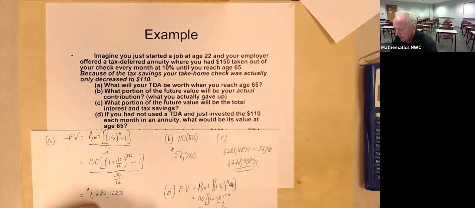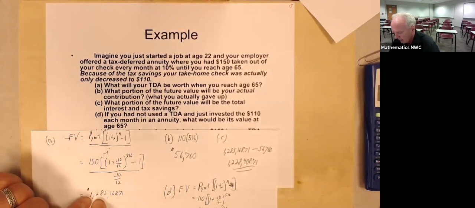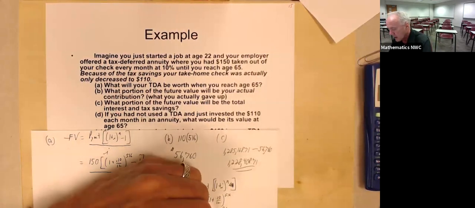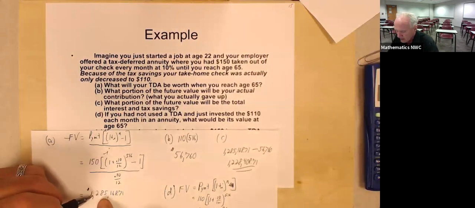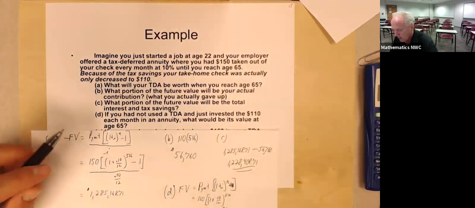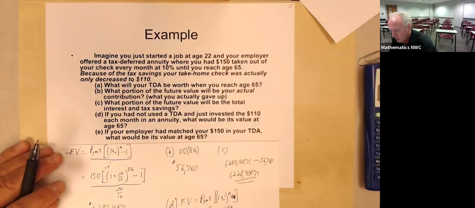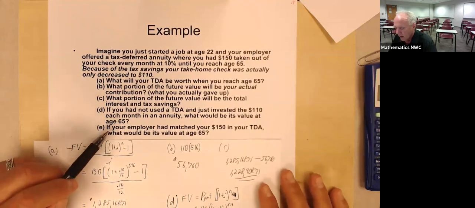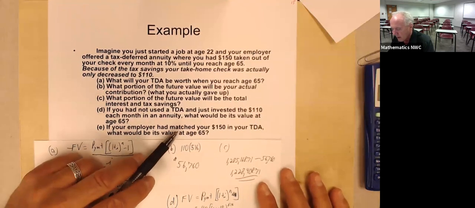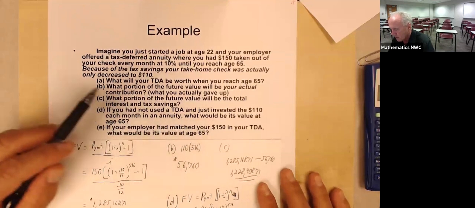942,000. By going with the tax deferred, it grew into 1.285 million. This was 942,000. This is still a nice chunk of change, but not the same as this one. This one is about $300,000 more. Okay? Don't miss letter E now, okay? Don't miss letter E. If your employer had matched your $150,